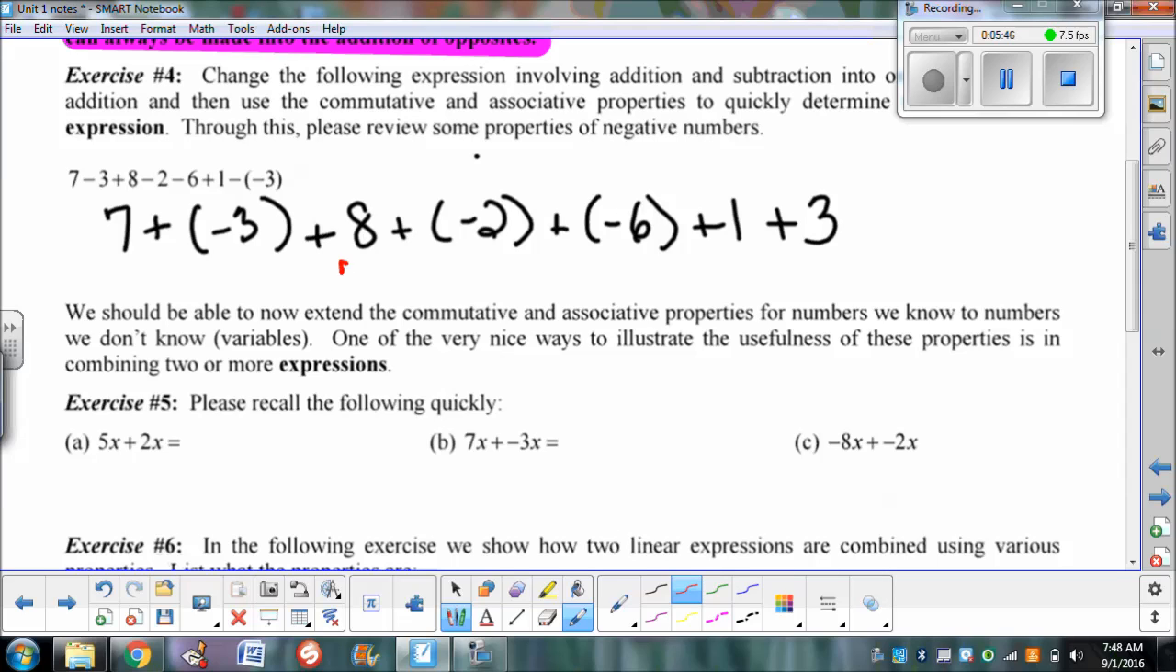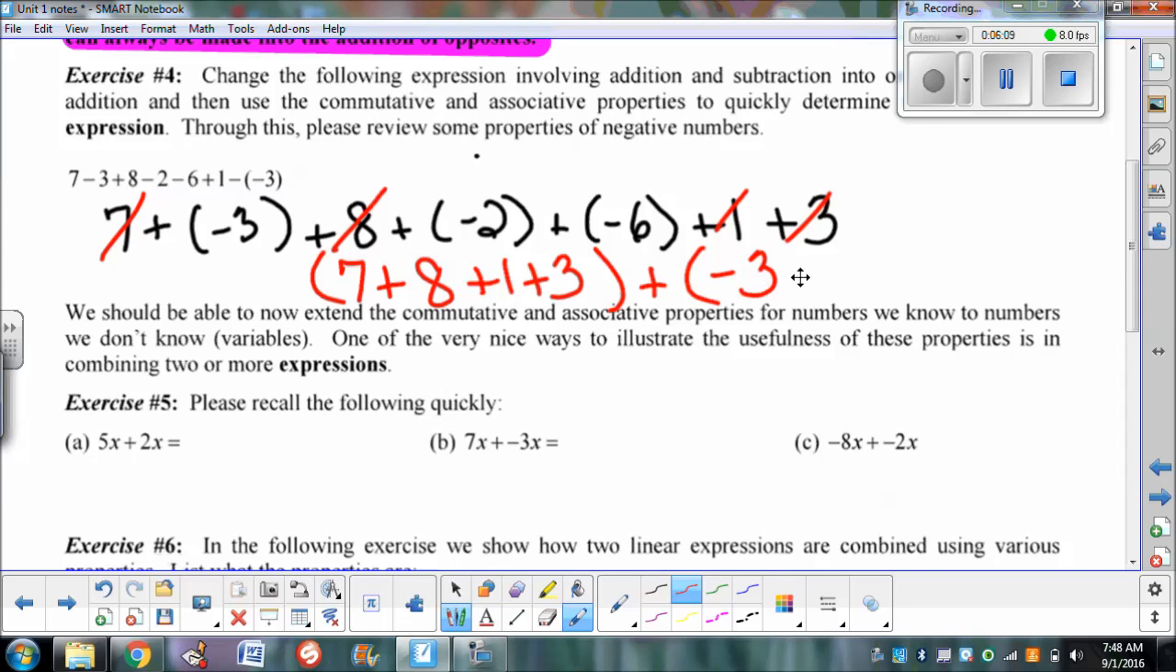So now from here, if I want to group these in a different way, I could take all my positives and put them in a group. So 7 plus 8 plus 1 plus 3. That's just a pattern that I happen to be seeing. So if I group all of my positives, and then I say, okay, plus, now if I group all of my negatives, negative 3 plus that negative 2 plus a negative 6,